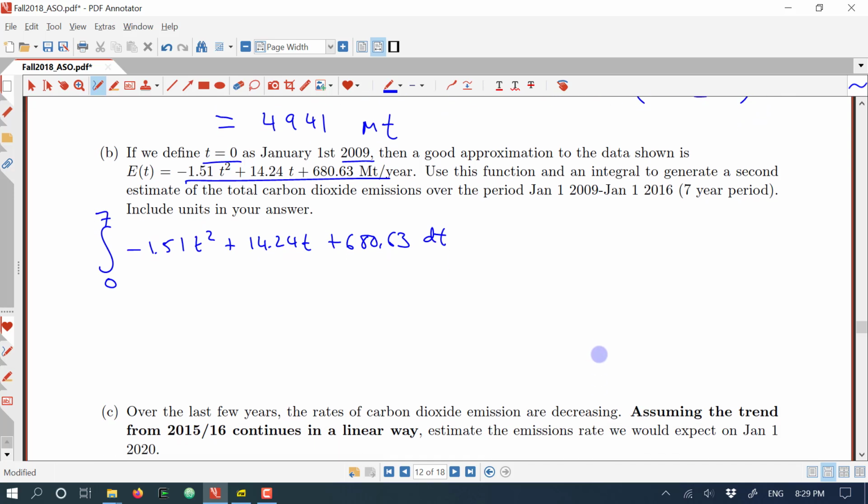And the integral will be adding up the rate of output or emissions times the units of time. So this is exactly what we did above, only now with the fundamental theorem of calculus. And to do that, we just look at each of these terms, and because they're just powers of t, we just add 1 to the power, divide by the new power. And for the last term, don't forget, if you integrate a constant, you get a constant times t, or constant times x, whatever your variable of integration is. And then you sub in the 7, you sub in the 7 here, you sub in the 7 here. At the end of the day, you end up getting